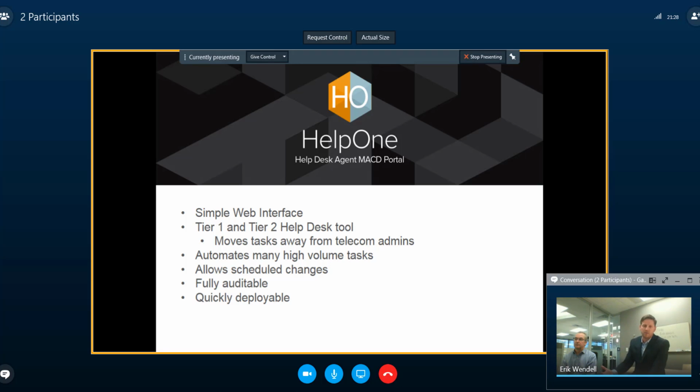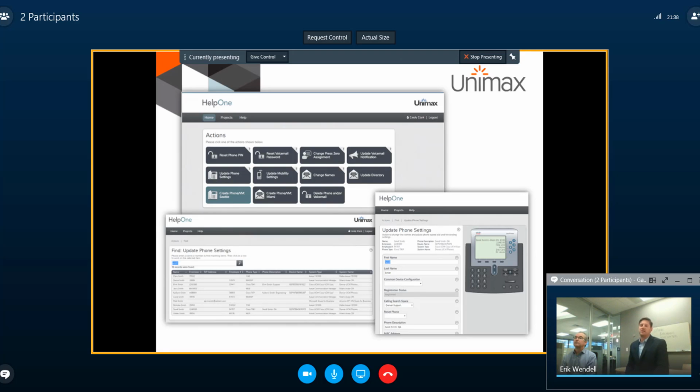It's completely auditable, and sometimes you want to be able to maybe provision people and then schedule those things to happen later. This allows you to do that, and we'll show that to you in a moment. I've got a couple screenshots here to give you an idea about what it looks like before we jump into it. At the top, you'll see a screen that shows the web interface for, in this case, Cindy Clark, the